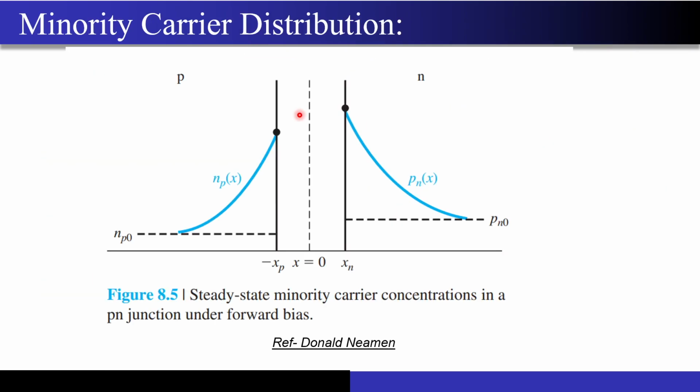And now if you ask me to plot them, then again this will be nothing but your exponential decay, right? Similarly, the decay will happen for the electron case as well. The electrons will start decaying from the edge of this depletion region, and they will ultimately reach the equilibrium concentration over here, right? So I hope this was clear.